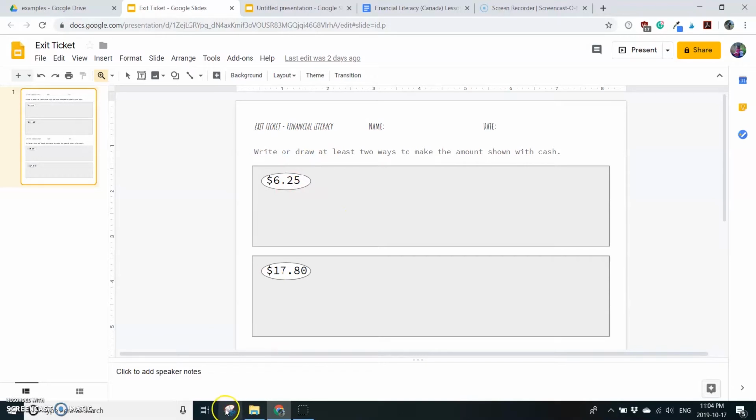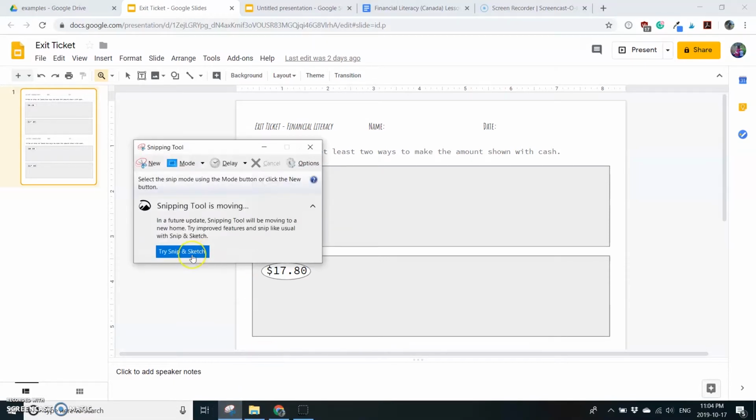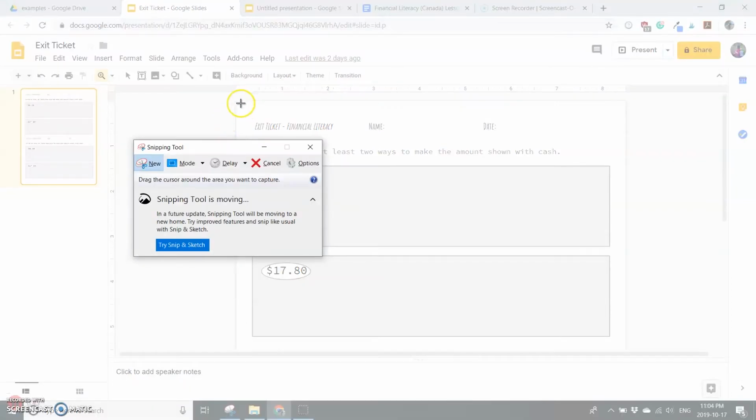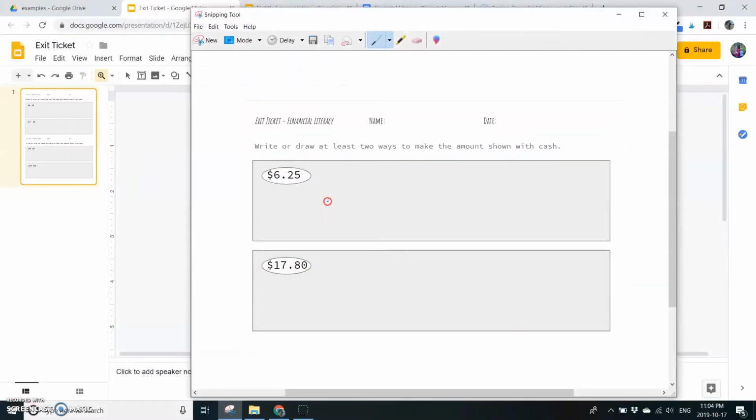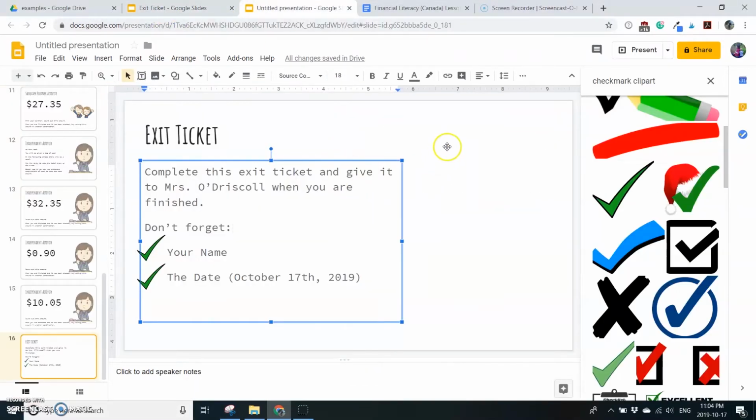This down here is a snipping tool, and it comes with Microsoft. You definitely have it if you have Windows. So I always pin it down here, and I love it for making resources. So you just click on this down here and then hit new. And even though that comes up there, don't worry about it. You're going to drag it like this, and then you're going to copy and go over to here